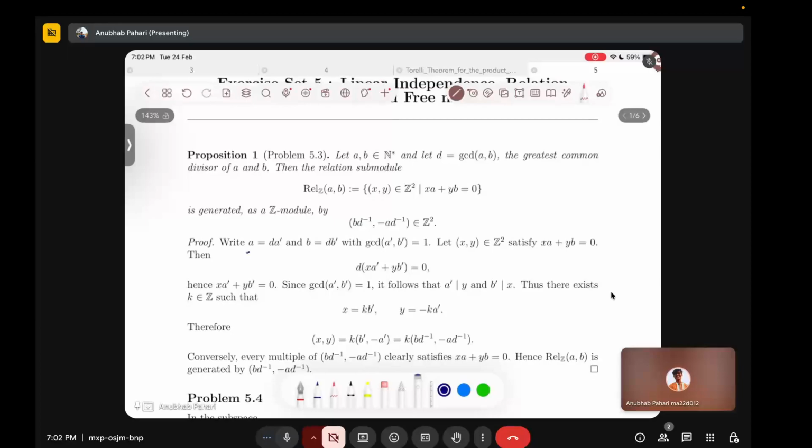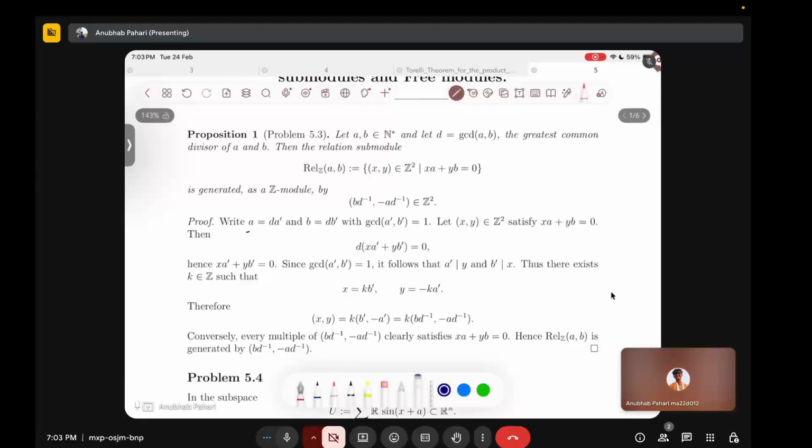Now let (x, y) in Z^2 satisfy xa plus yb equals 0. Then d times (x a prime plus y b prime) equals 0, since we have assumed that xa plus yb equals 0, and hence x a prime plus y b prime equals 0, and since GCD of a prime and b prime equals 1,